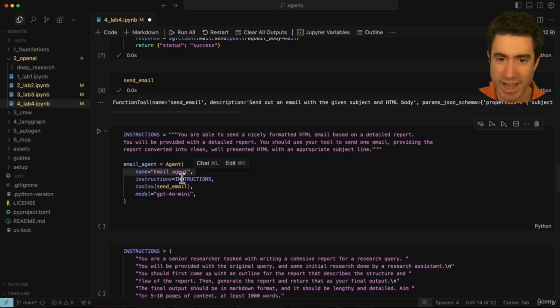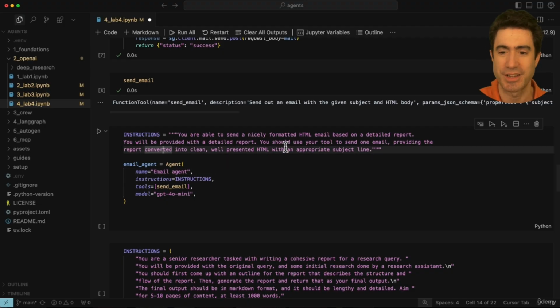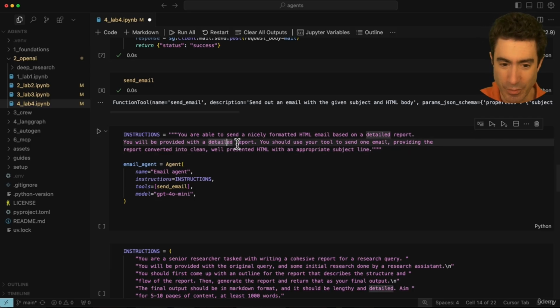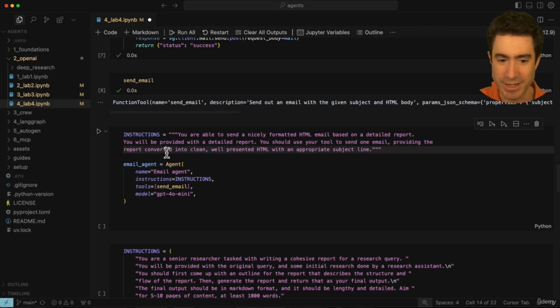This is all old hat to you now. We've done this several times. The instructions are you're able to send a nicely formatted HTML email based on a detailed report. You'll be provided with a detailed report. You should use your tool to send one email, providing the report converted into a clean, well-presented HTML with an